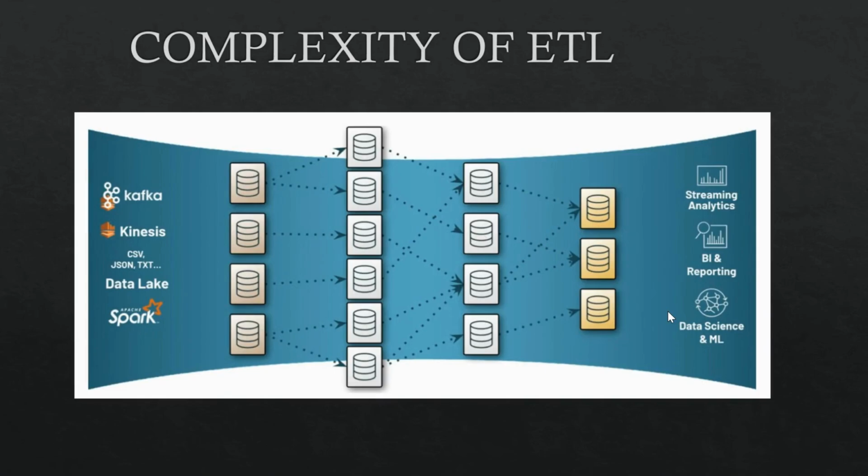It is not only that the data is just getting stored in the bronze layer. There are different data sources. The data source could be a data lake, could be Kinesis, could be SAP, could be a SQL server, could be Spark, could be Kafka, anything. All these data sources are pulling the data, and then it needs to be stored. So therefore we have one layer and it can have multiple tables, right? Any number of tables it can have.